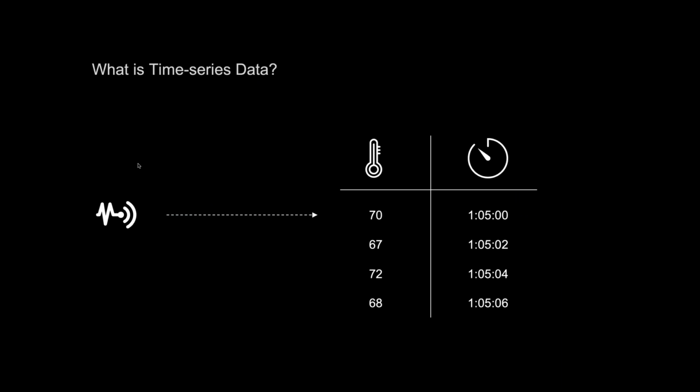So I'm not sure if everybody present here with us today is familiar with the concept of time series data. So I'd like to give you a super brief introduction to that first. So what is time series data? And most importantly, how does it differ from other forms of data? To imagine this, think about a sensor. And this sensor is sending streams of data over a period of time. And if you were to plot this data, one of the axes would be time.